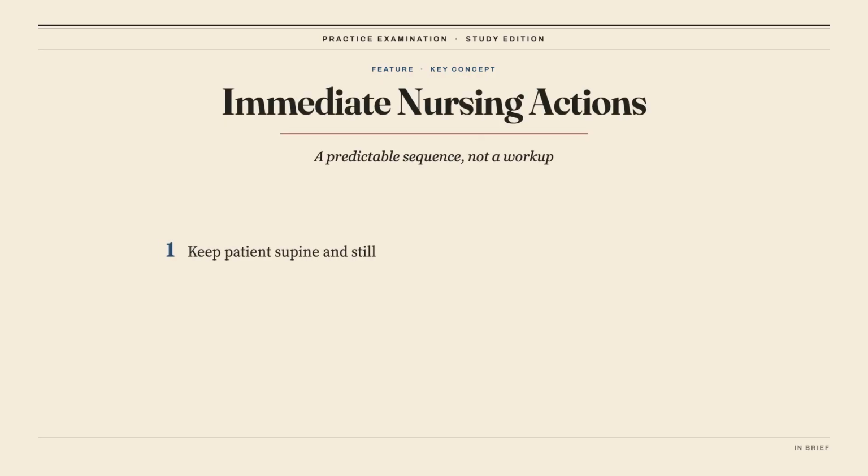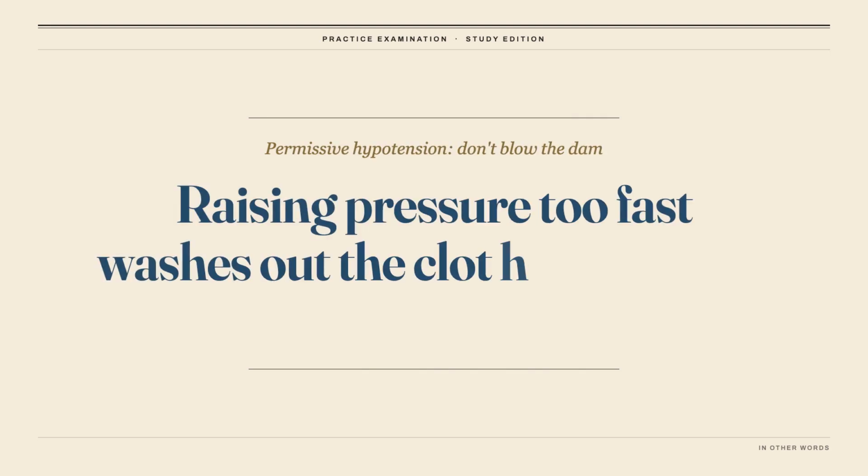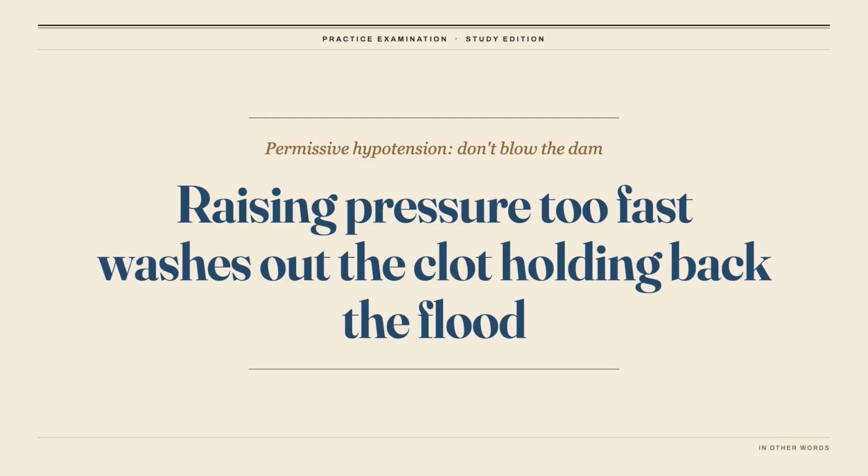Nursing actions follow a set order: keep the patient supine and still to avoid disturbing the tamponade. Establish 2 large bore IVs with blood typed and cross-matched. Monitor vitals continuously, keep the patient NPO, and notify the surgical team immediately. Blood pressure is deliberately kept low, around a systolic of 70 to 90, in a patient who is still awake and mentating. Aggressively normalizing pressure can blow out the clot and tissue tamponade containing the bleed, turning a contained rupture